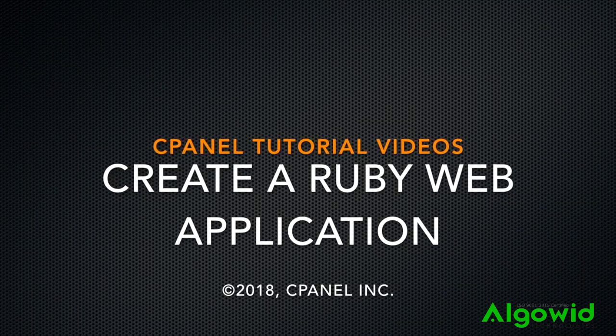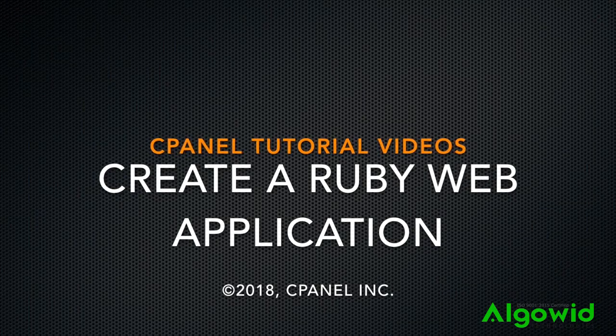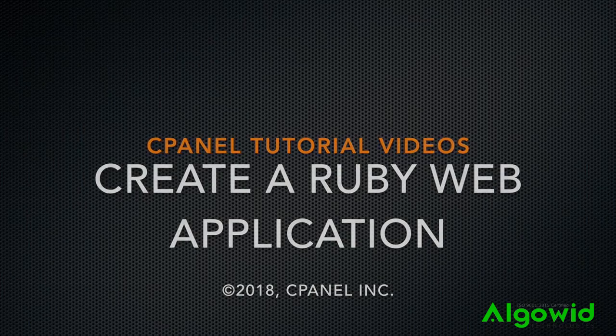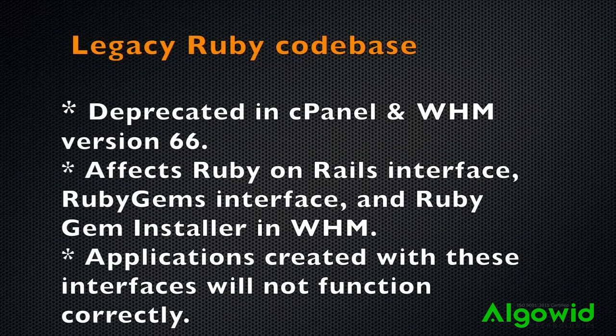Today, we're going to walk through how to create a Ruby web application and then register it in cPanel's Application Manager interface. In cPanel and WHM version 66, we deprecated our legacy Ruby codebase and the interfaces that used it. This means that any Ruby applications you create with cPanel's Ruby on Rails interface, cPanel's Ruby Gems interface, and the Ruby Gem installer in WHM's Module Installers interface will not function correctly. You can still create and install Ruby applications, but it's just done a little differently as of cPanel and WHM